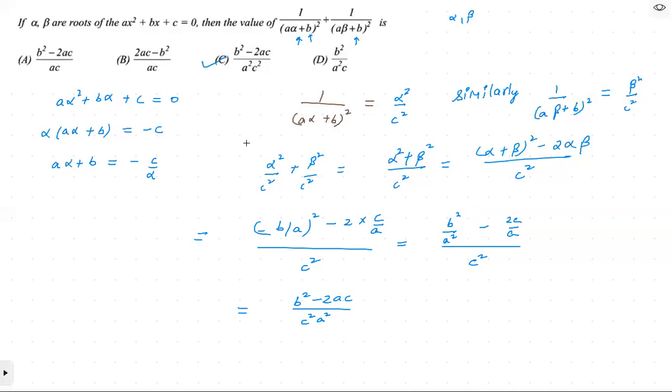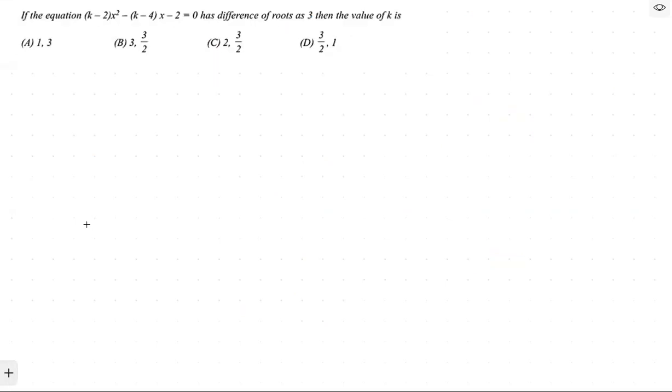which is the option, yes, this is option C, right? So we just have to think about the approach in the questions. So here also we have taken help of alpha plus beta and alpha into beta, which are the sum of roots and product of roots. So this becomes very, very important to know about the relation between coefficients and the roots. So now let us try to solve this question. All these questions are based on the single concept that we have studied, right?